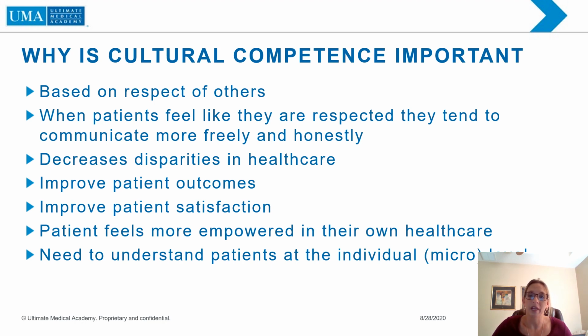And we also need to understand patients at the individual or the micro level. In some of our previous lectures, we started talking about culture as a whole. And say the Asian Americans or Caucasian Western or your Latino or your Caribbean, that type, we're talking at the macro level. Today we're going to start talking about more specifics about each individual characteristic of that particular culture. So like we've said before, you can have a wide range and then you have little micro pieces within that culture.